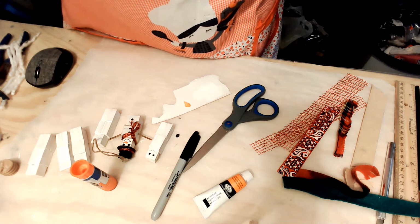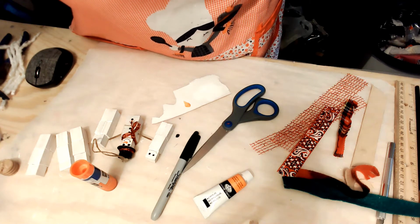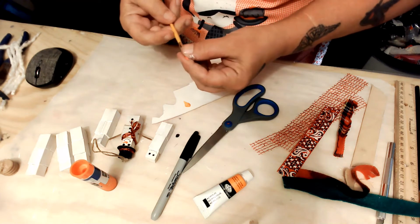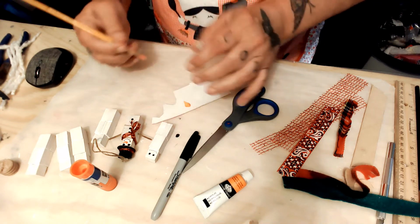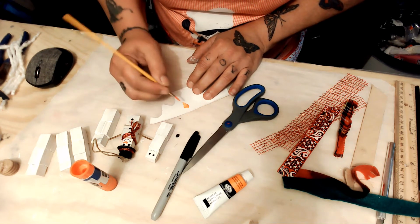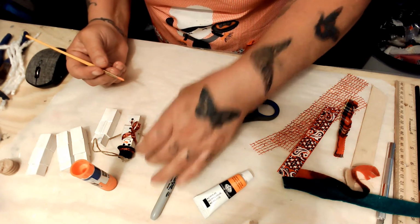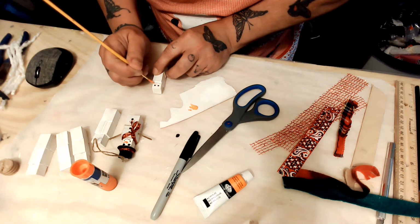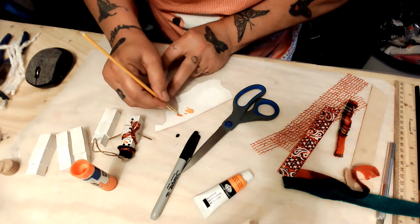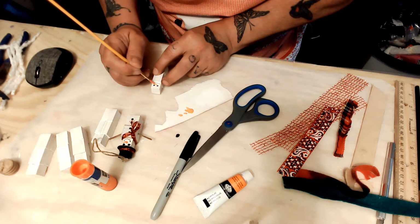Let's see here. Might be best off just to use, oh come on, you gotta be kidding me. Might be best off just to use the end of it here. Well, I'm gonna try it, see what happens. Kind of get it on there and see what happens here. Yeah, that's what I thought. It's too thick. Needs watered down. I'm not going to be able to make a point with it. I just don't know what I used